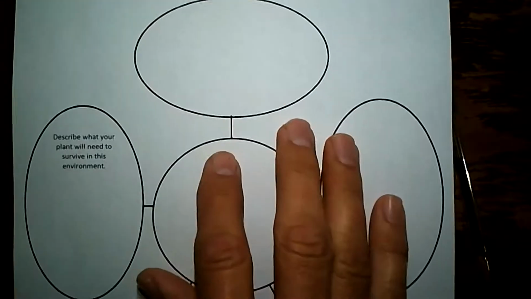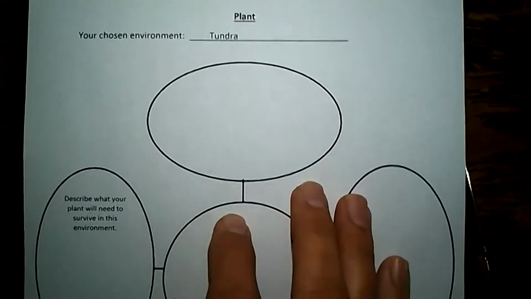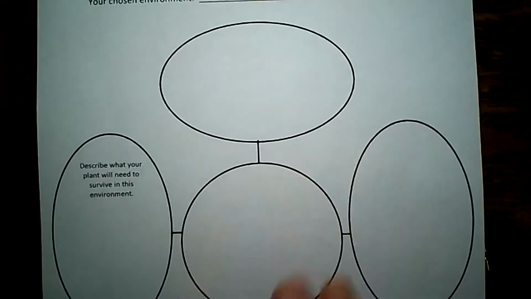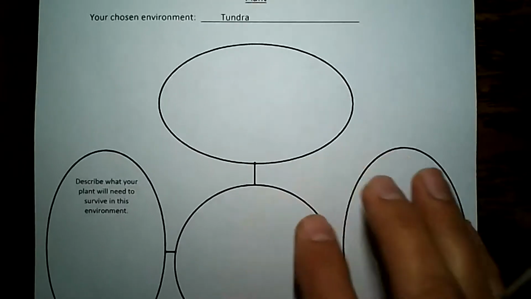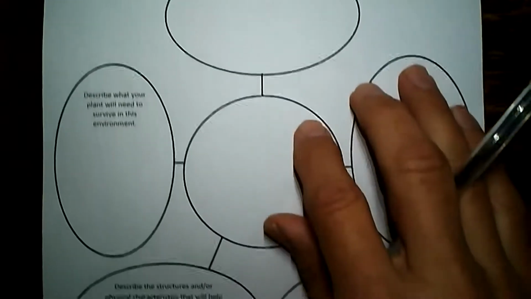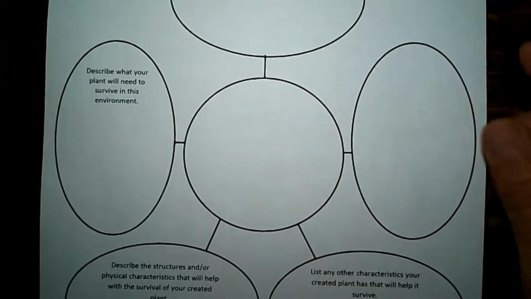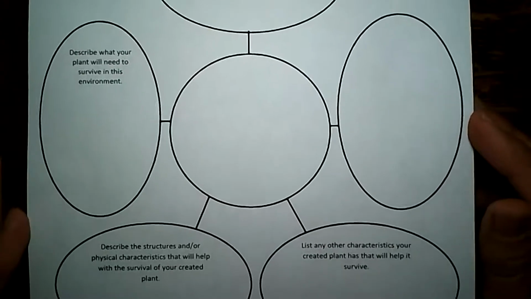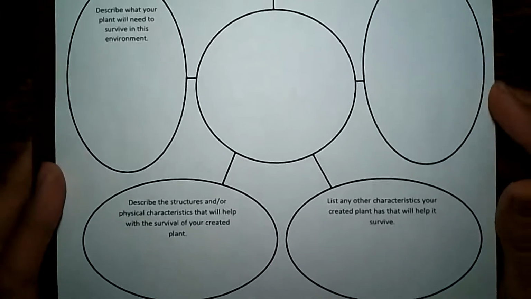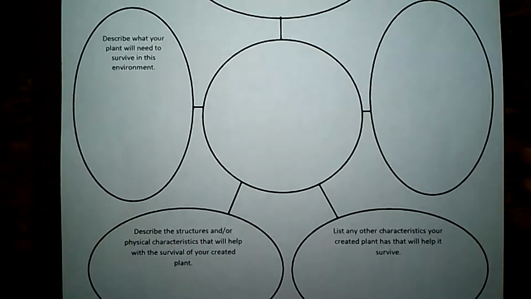All right, so I have my graphic organizer. I'm doing an environment that's different than the four choices you have, going back to the tundra. And I remember that it's very cold most of the year. The summers are short. It only gets up to about 50 degrees. And I'm trying to think of something. I thought about that this afternoon a little bit. If I made a plant,